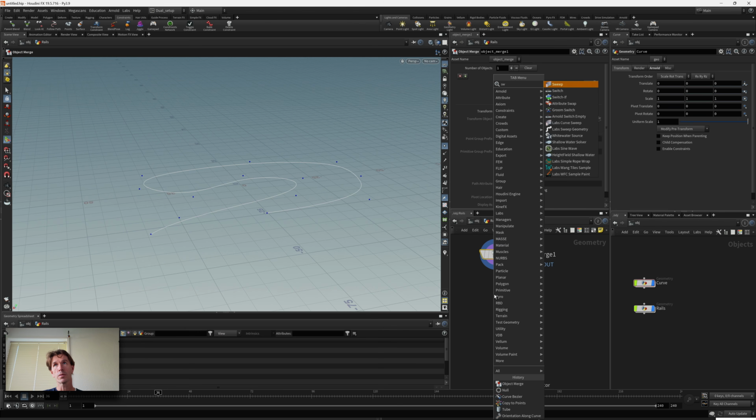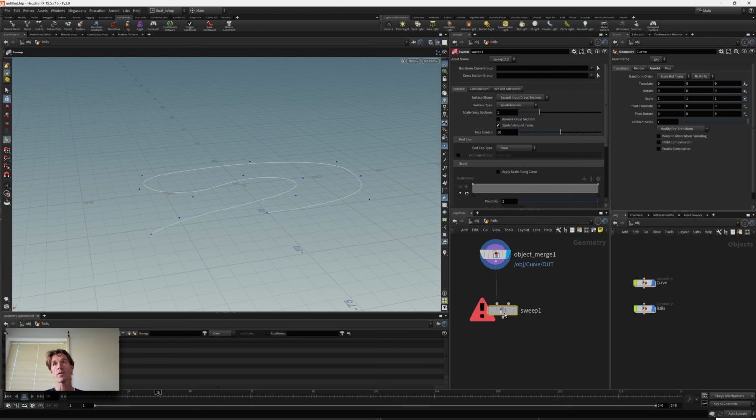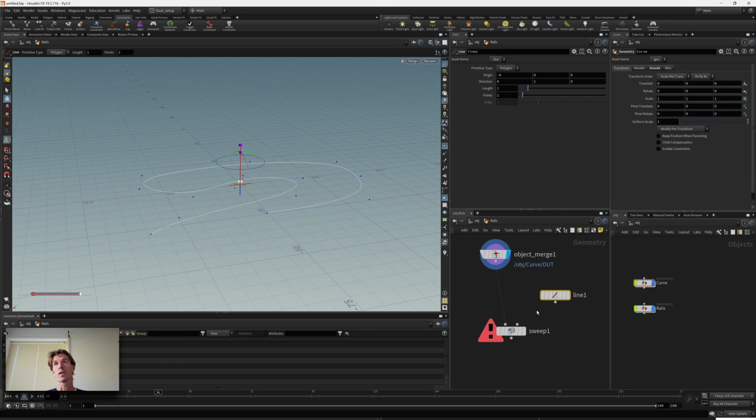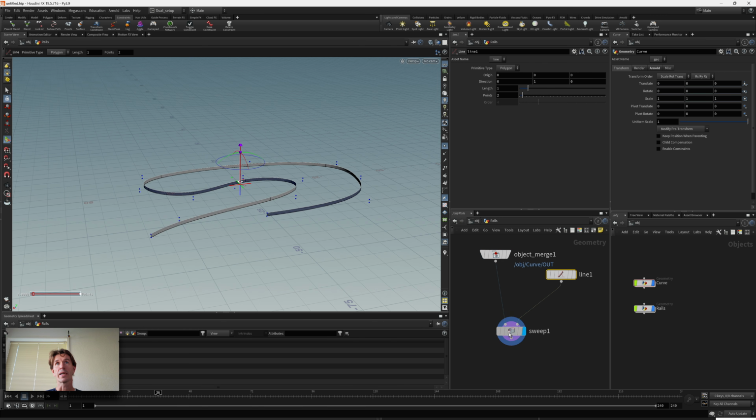But first, what I'm going to do now is make a sweep node, and the sweep node has two inputs. One is the backbone curve and one is the cross section. And for a cross section, I'm going to use a line, and normally by default this line is set up in such a way that it points in the upward direction, in the y direction, but if I sweep this like this,